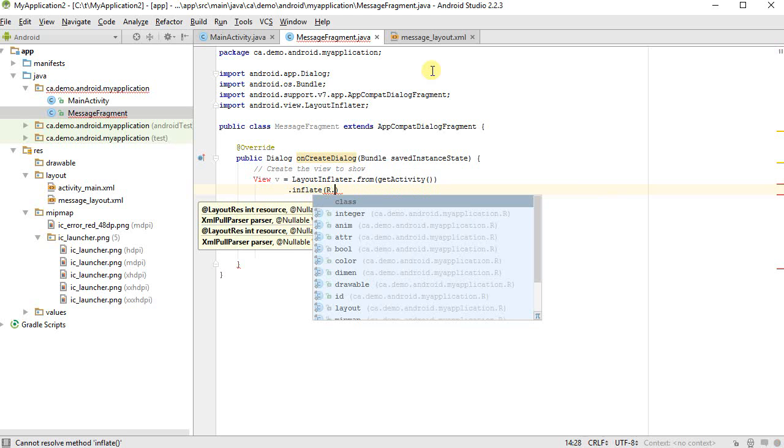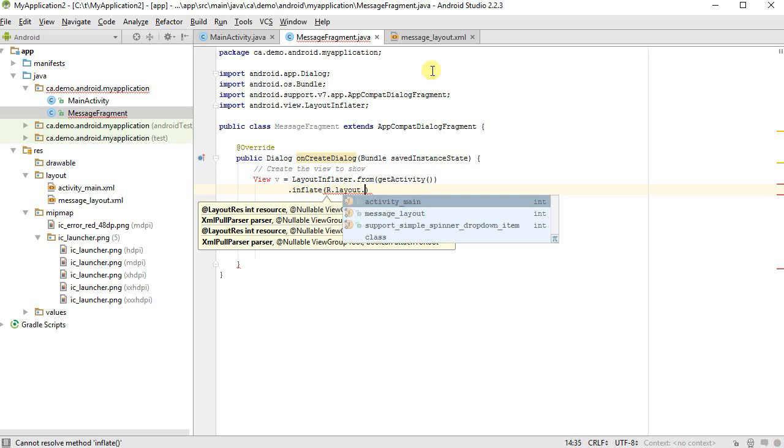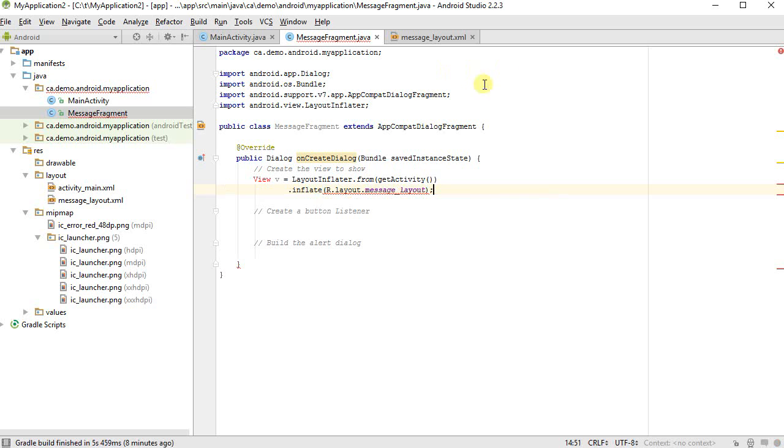So I'm going to say r dot, and I want the layout, and here I want to say, well, my message layout is what I'm building. And the message layout here is what is named over here. Import the view,